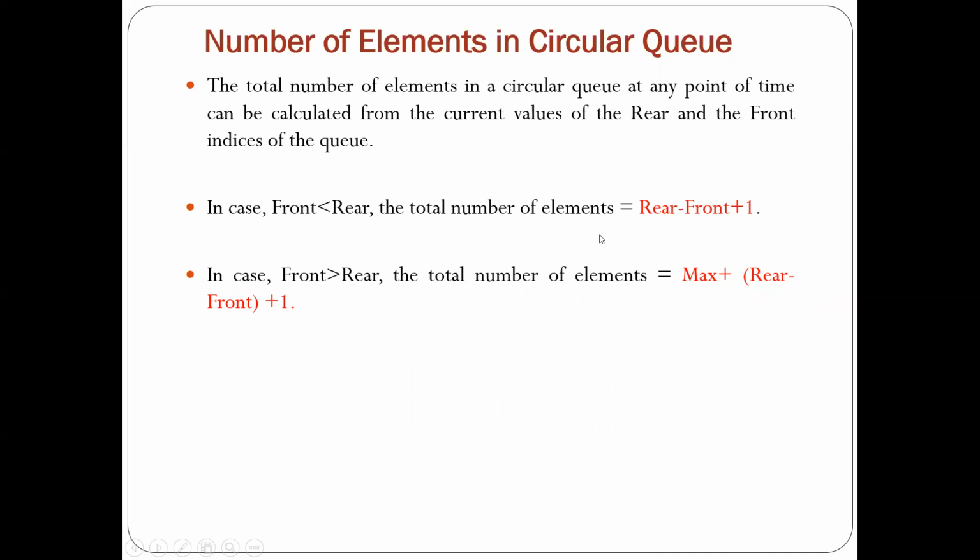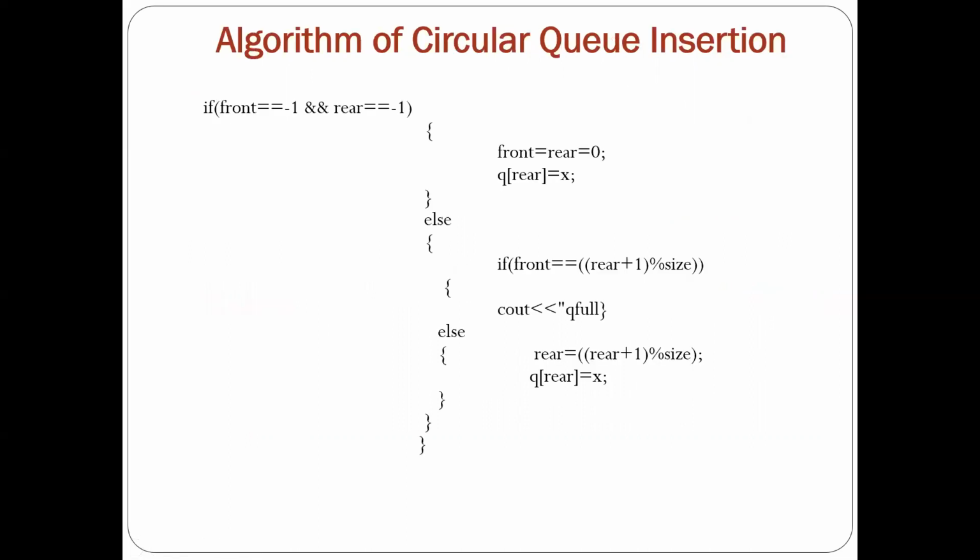Based on this, again the question will be asked in your online examination for calculation of the number of elements present in the circular queue. And this is the code actually. Always you have to remember, in case of the circular queue, always the modular incrementation is there. So instead of writing rear equal to rear plus 1, always we write rear equal to (rear plus 1) mod size.